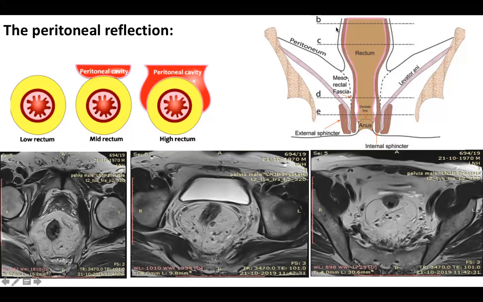So if we are looking high above, we see that the peritoneal cavity posteriorly is deficient, anteriorly is present, and laterally can be seen to a certain extent. If we go lower down, this lateral reflection also regresses, and it's only in the anterior aspect that it can be seen. If we go beyond the peritoneal reflection, it is only the mesorectal fascia which can be seen, and there is no peritoneum. This is important, and on an MR it can be visualized as such.